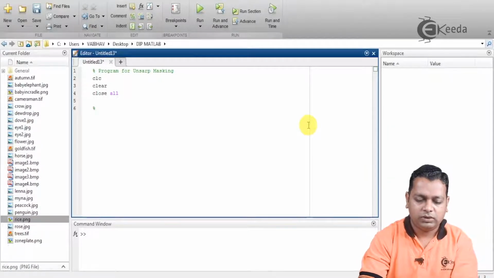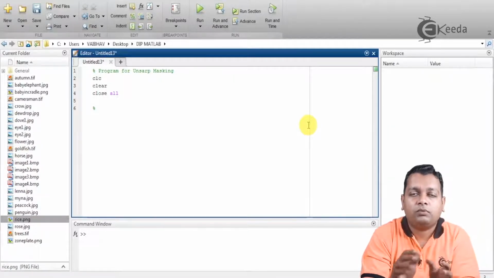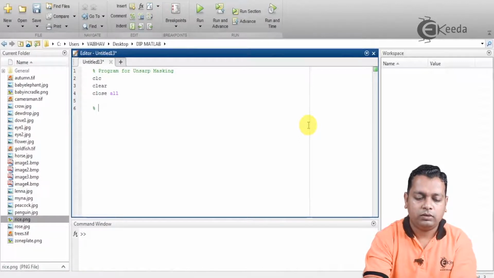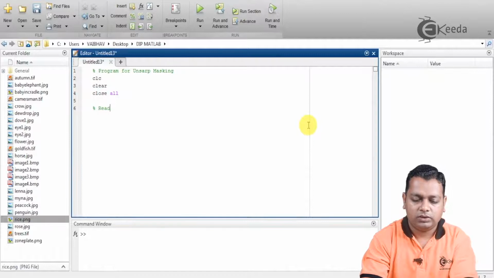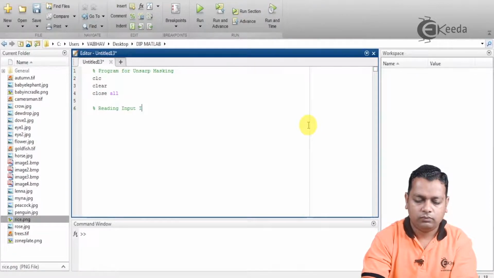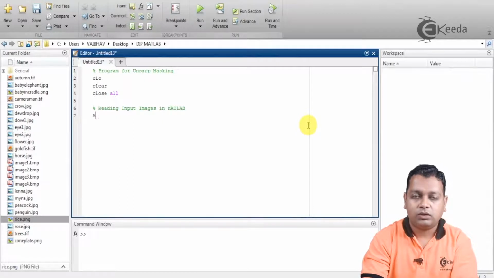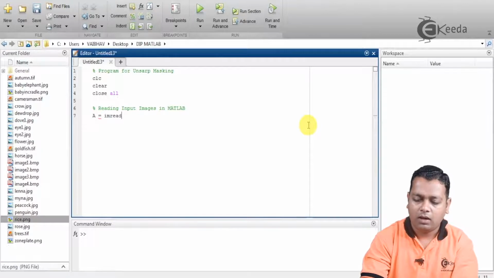The very first thing we need is the image, so that we can verify the effect of unsharp masking on the input images. So the task will be reading input images in MATLAB. As usual, I assign the variable capital A, and with the syntax of imread, we can assign the input image here.